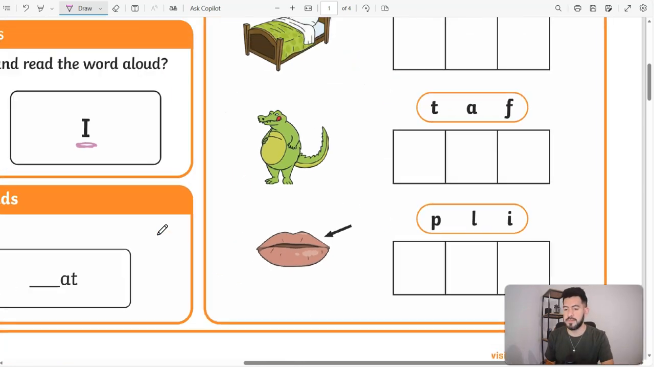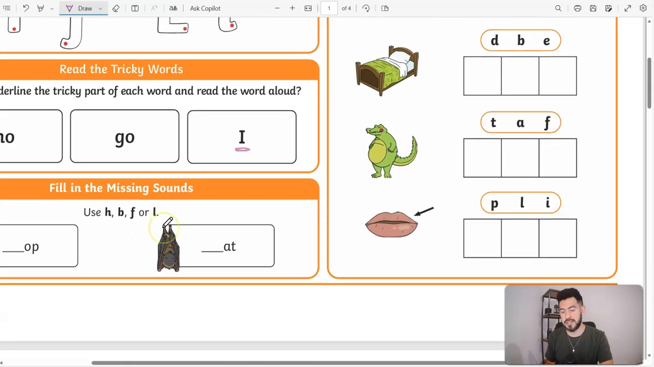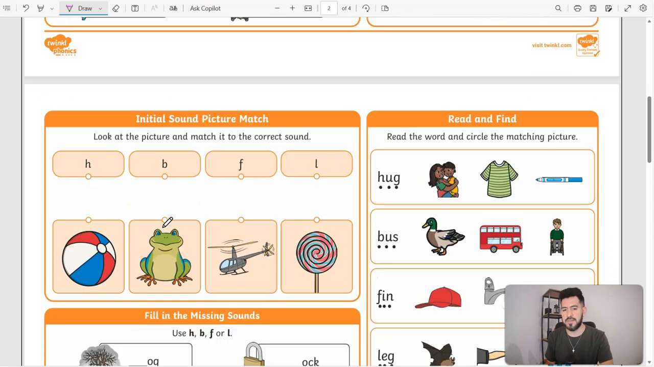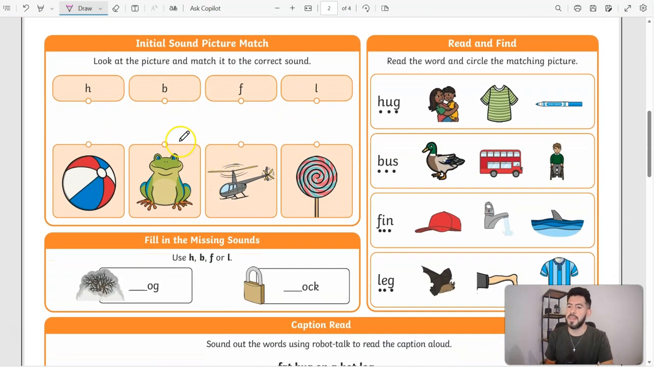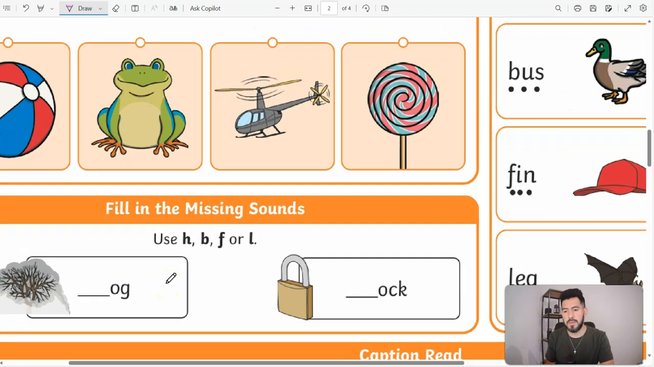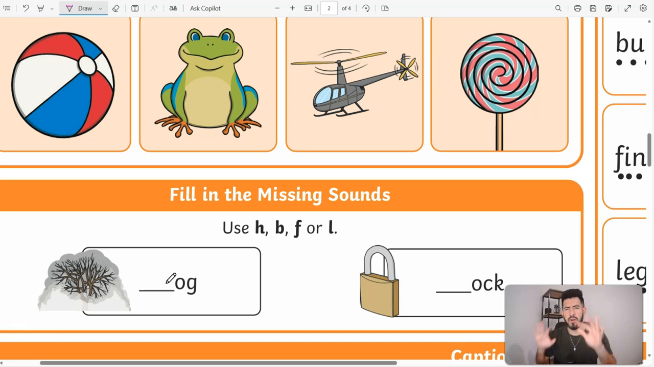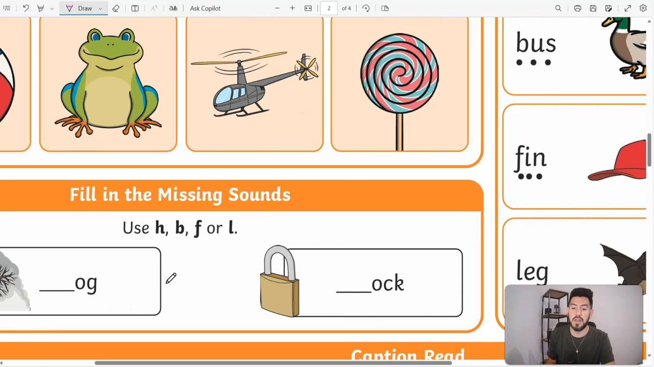Lip. The last page in your activity mat is again matching. This case is just the initial sound. Okay, we have a ball, a frog, a helicopter, and a lollipop. Here in the pictures you have fog. When you have all this mist and you can't see well, usually in the morning, okay, fog. A lock,